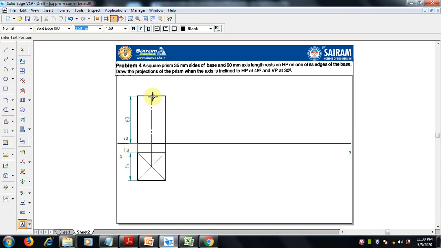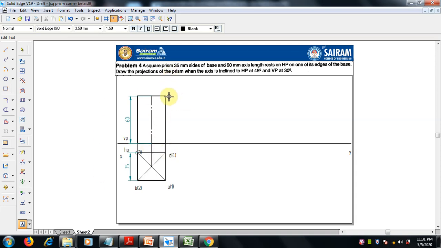As we know, the top face is ABCD and the bottom face is 1 2 3 4. So I will start from here because this is the edge that is going to rest. So here I will start with A in bracket 1, that is hidden, A and 1. This is A dash, here 1 dash in the front view. So first we will finish the top view: A 1, B 2, C in bracket 3, 4. D is visible, 4 is invisible, so it is in bracket.